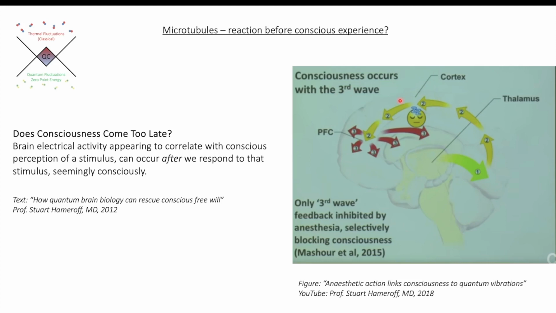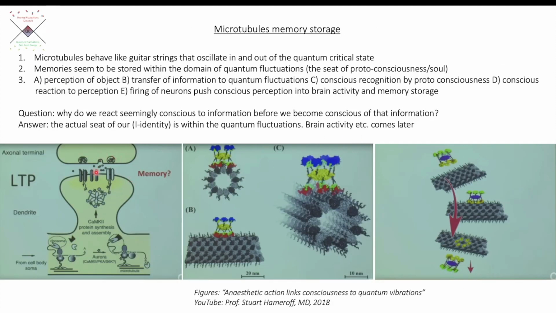So a few tenths of a second later we become conscious of that, and now we have the electrical firing, and this electrical firing includes the transfer of chemicals within the synaptic gaps. So that happens later. So now we have here on the left picture the synaptic gap, and when an electric